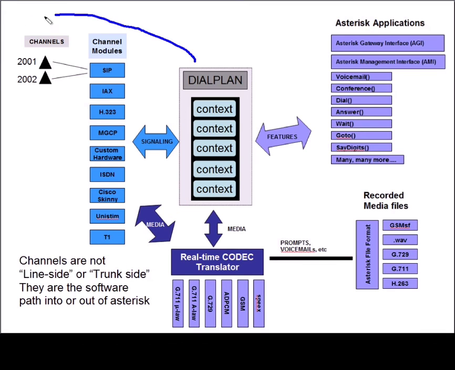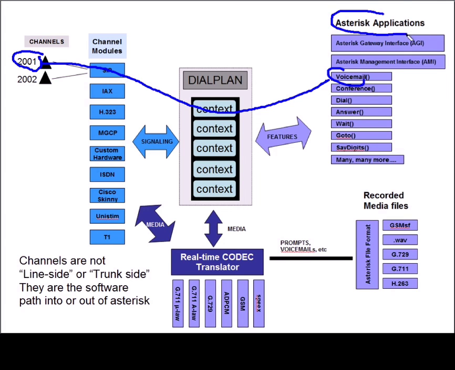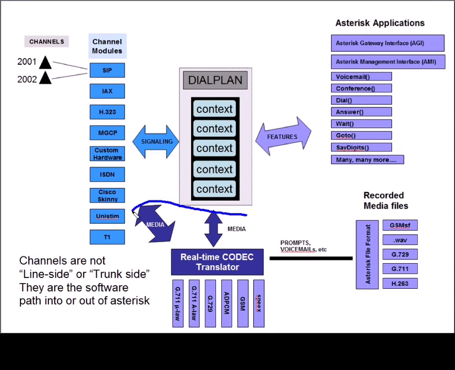Now, we are going to restrict our discussion to these components, which I think are the most important to understand Asterisk architecture, but it doesn't necessarily restrict to just routing a call, for instance, to 2002. Maybe the call goes from 2001 to voicemail, in which case we would go to an Asterisk application. So the discussion of Asterisk applications, which would be internal to the box, we'll leave that for another time. Another thing for another time would be the discussion of the